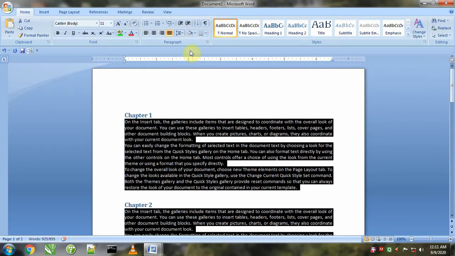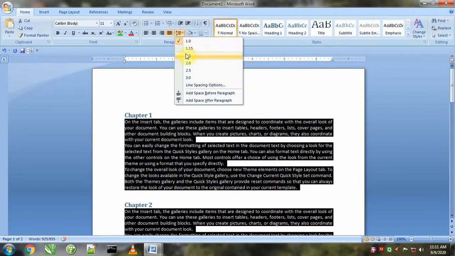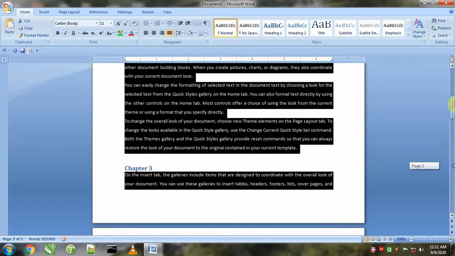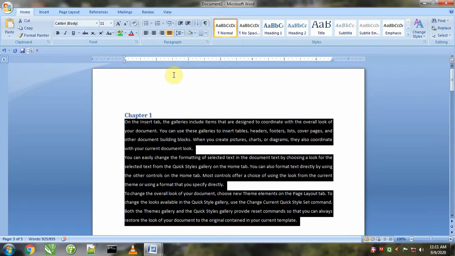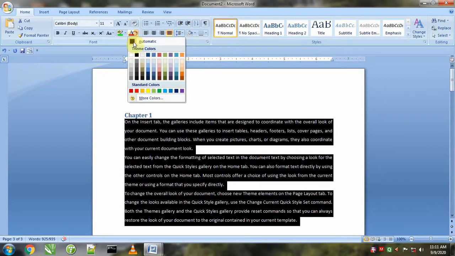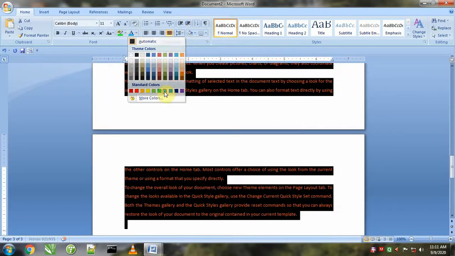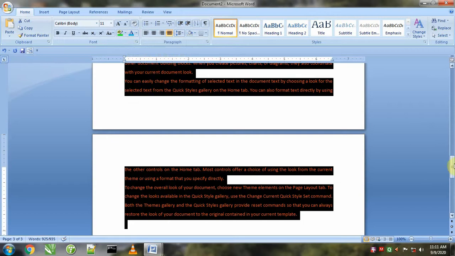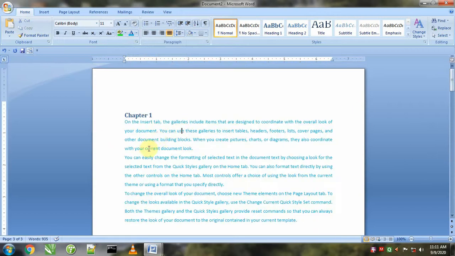If I want to change its line spacing, simply click on line spacing. Line spacing will be added in the entire document. If I want to change its color, we can simply change color from here. So any type of change we can apply on a very large amount of data with the help of the select text with similar formatting option, because at a single click we will select the entire data of similar formatting and we can apply similar formatting to the text.